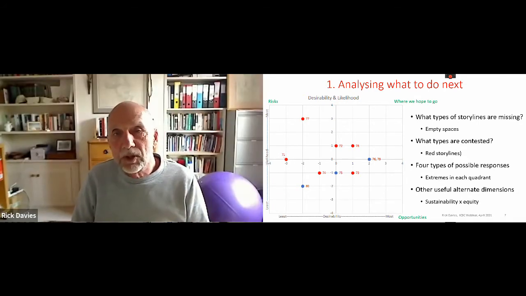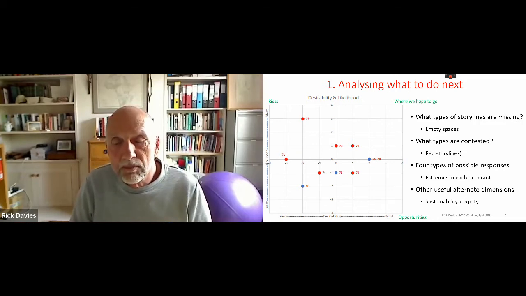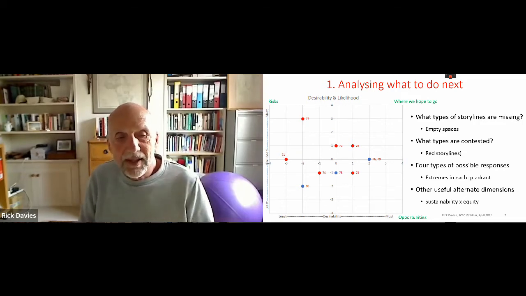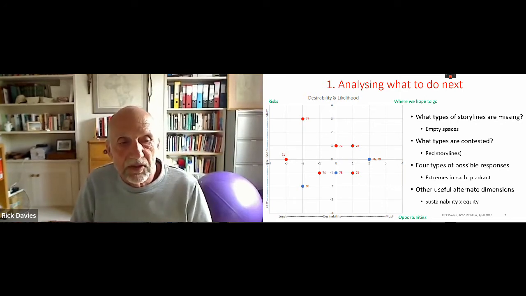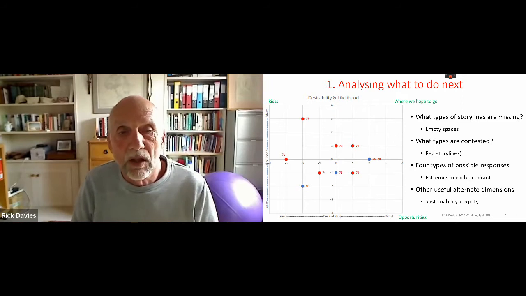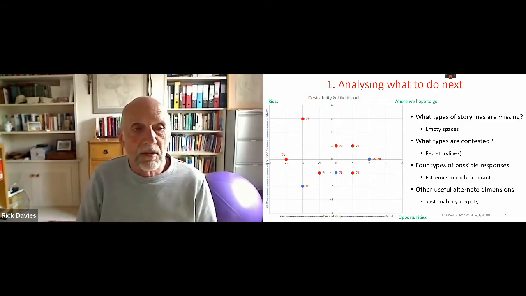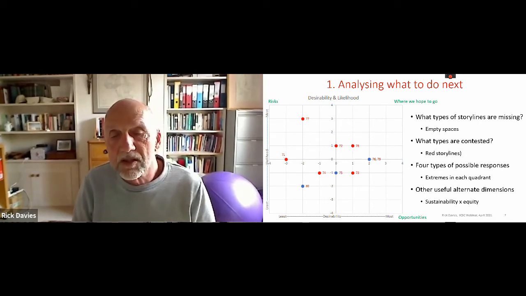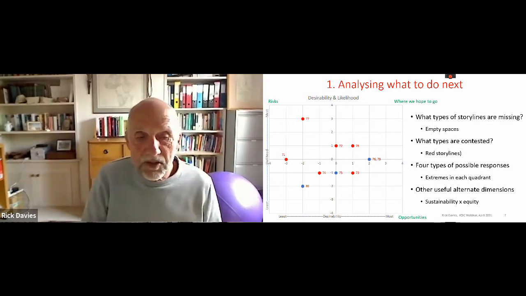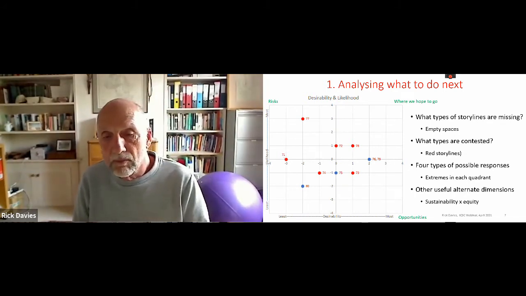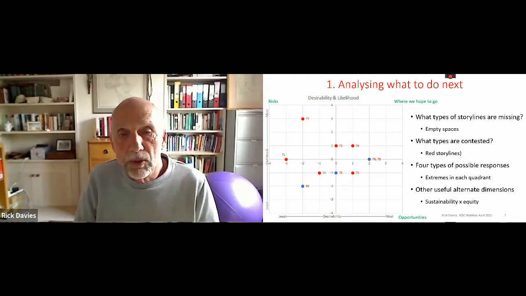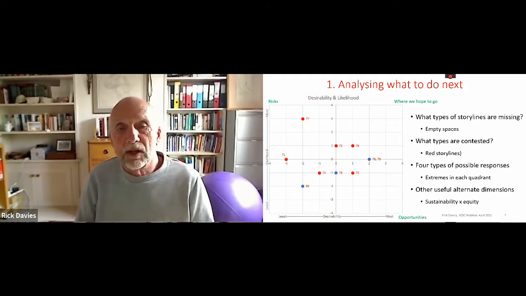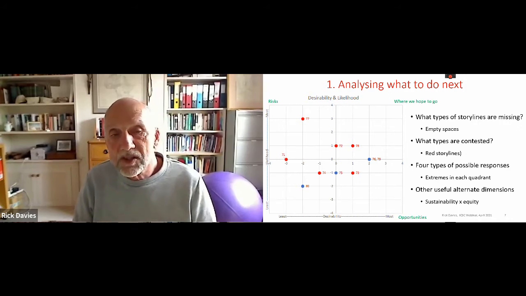Okay, so I'm just going to touch upon a little bit on the possibilities of analysis that you can do with the data that's generated from the storylines in a PAR-EVO exercise. And here we can see a scatter plot, and the vertical axis is describing the likelihood of a storyline happening in reality, going from least at the bottom to most at the top. And the horizontal axis is describing the desirability of storylines, going from least at the bottom left to most to the right. And the nodes, or the points in the scatter plot, are the various surviving storylines. And you can see that they range in their